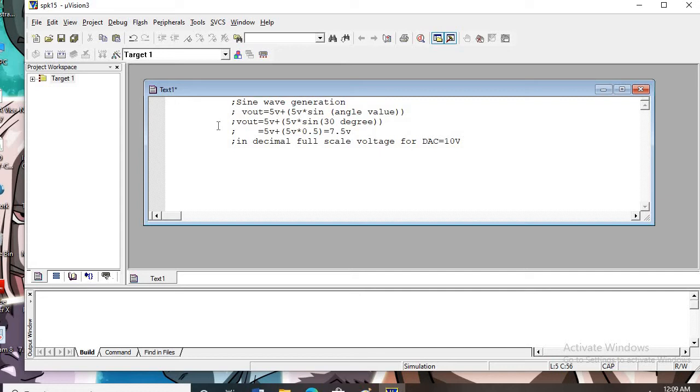So step equal to, for an 8-bit DAC, 256 divided by 10.